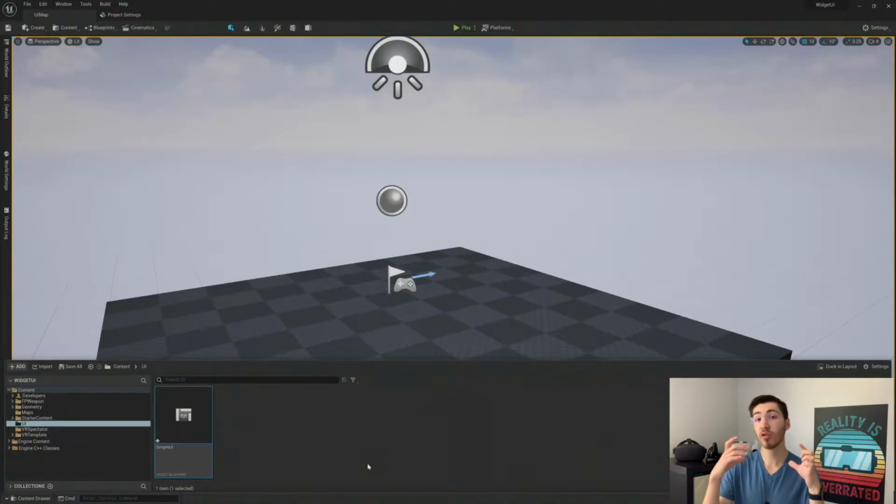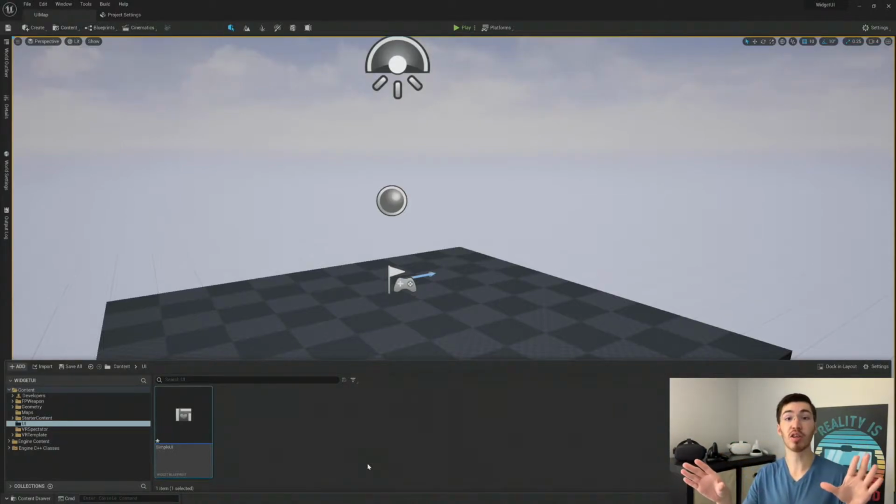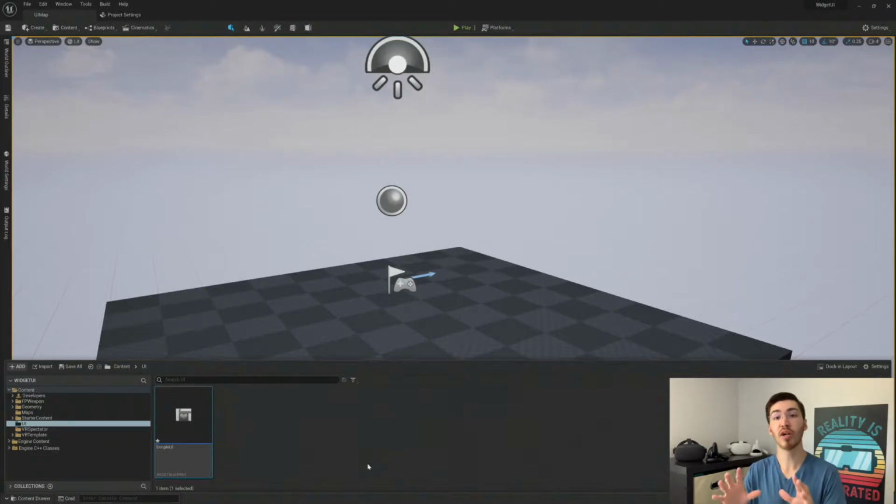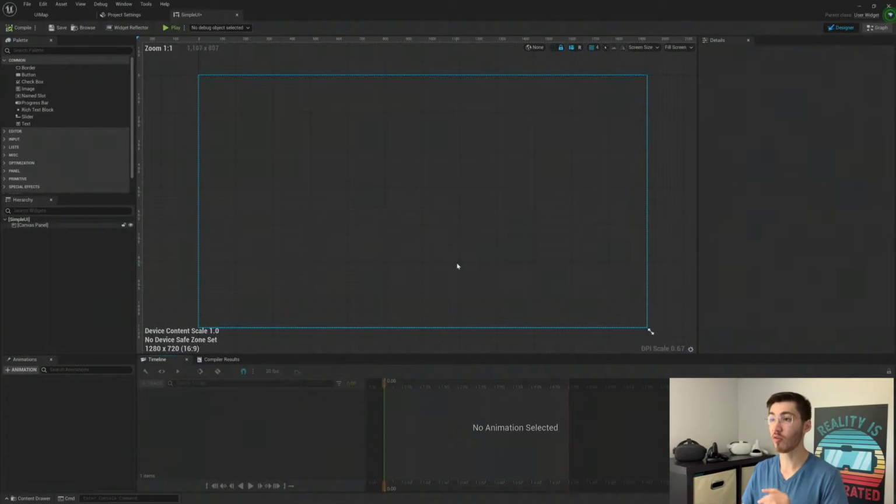Now this is going to handle everything about the UI. It's going to handle the design. If we have any animations or anything that we want to tie to the UI, we can also add any blueprint code to the UI as well. So I'll go over all that real quick. So if I open this up,